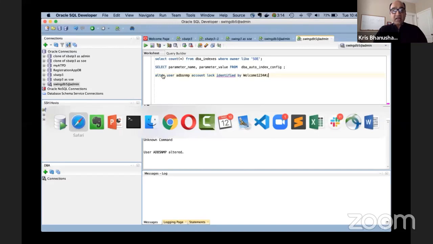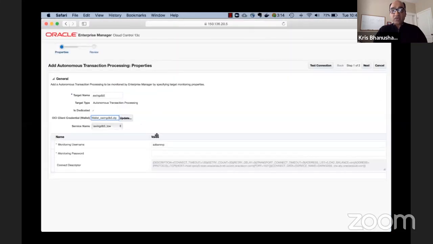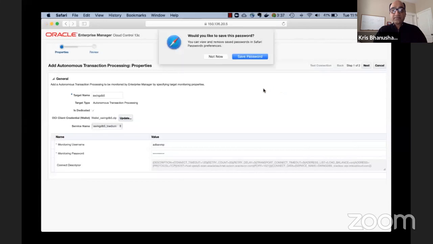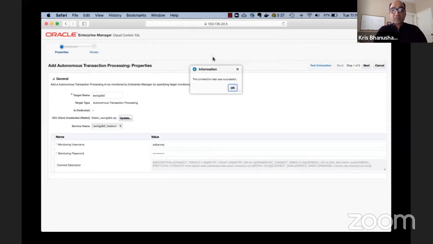So I just did that. Let's go back and now enter the password and test the connection. Connection successful. I can now successfully add this as a target.